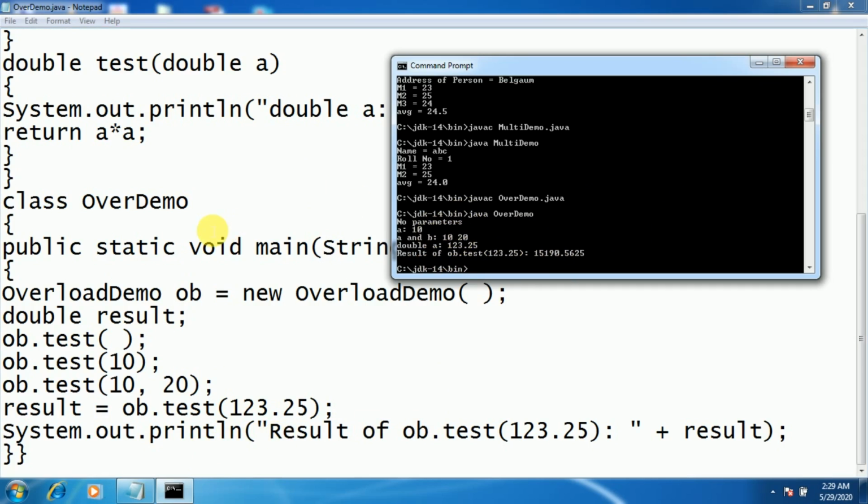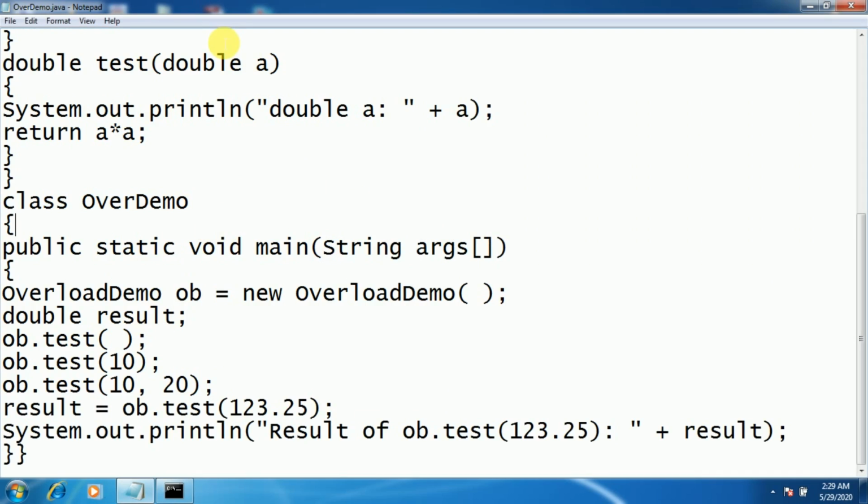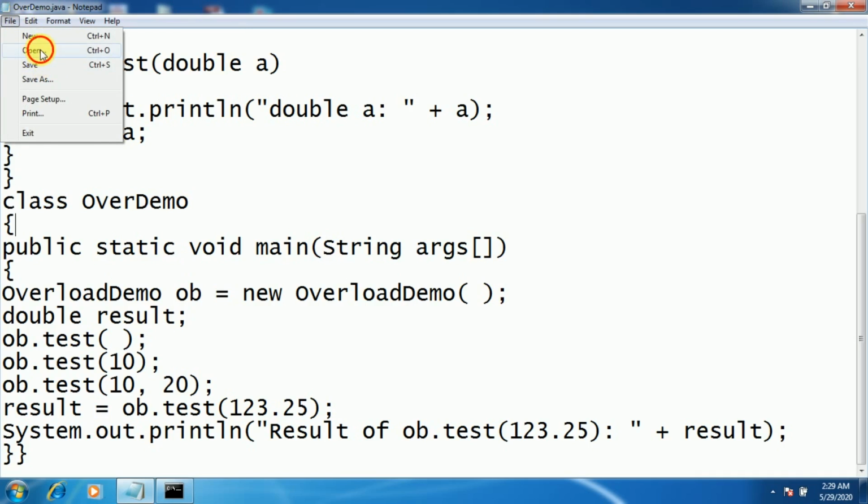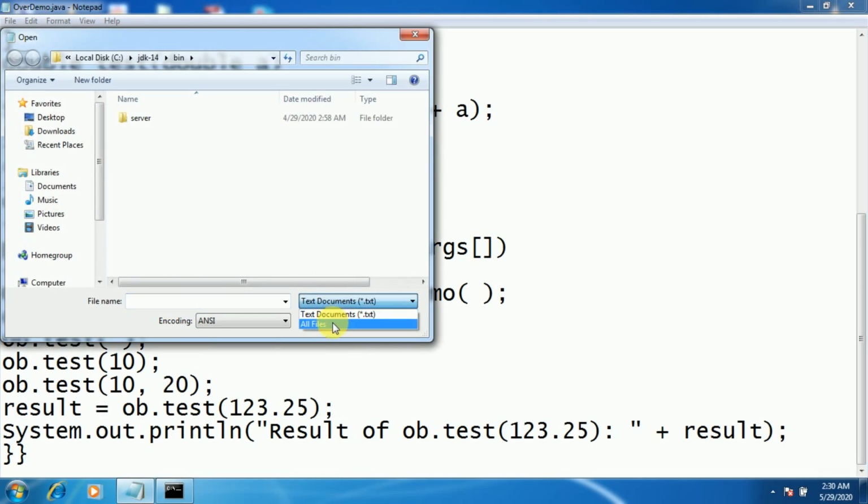So there is another type of polymorphism which we call runtime polymorphism, which is also called dynamic polymorphism. In this dynamic polymorphism, we are going to define the same function with the same return type, same number of arguments, but their implementation is different. And which version of the function is to be called is going to be decided at runtime. That's why it is called runtime polymorphism, or dynamic polymorphism. And the example of this dynamic polymorphism is method overriding.